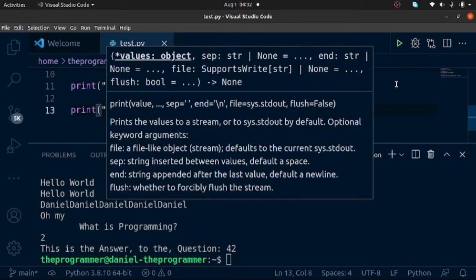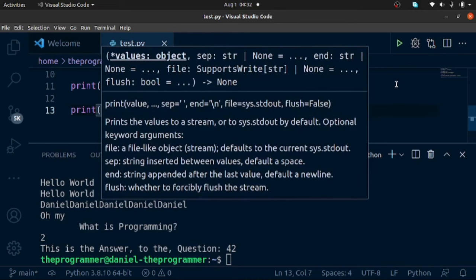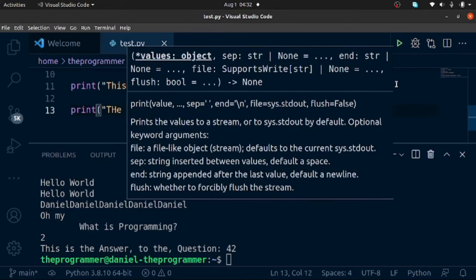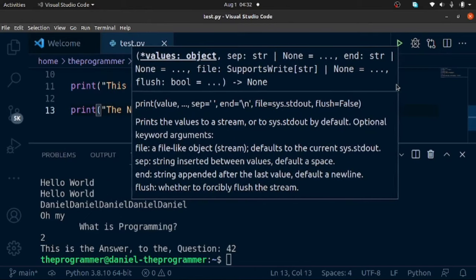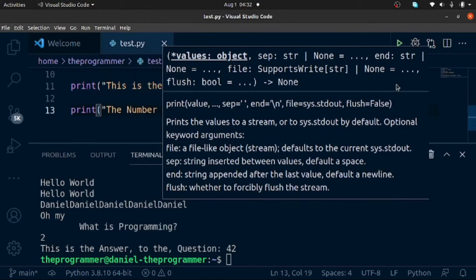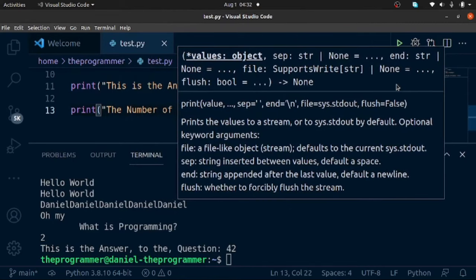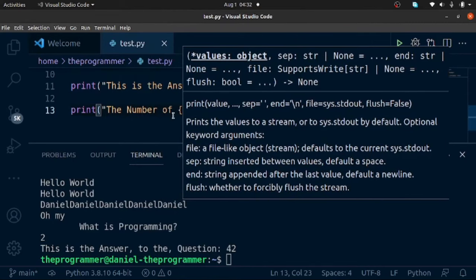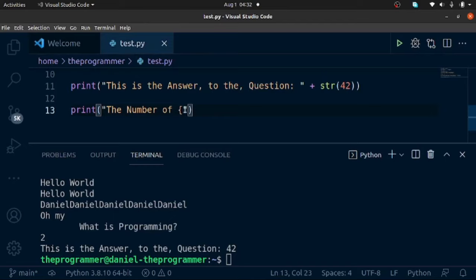With this particular method, you don't need to convert integers into strings in order to add them to the print statement. So that's illustrated here. Most of the time, instead of using string replacement formatting, you can also use formatted string literals like the F strings. We are going to look at that soon.